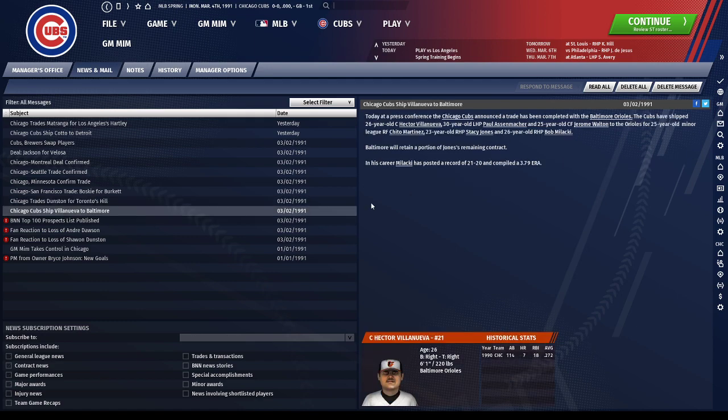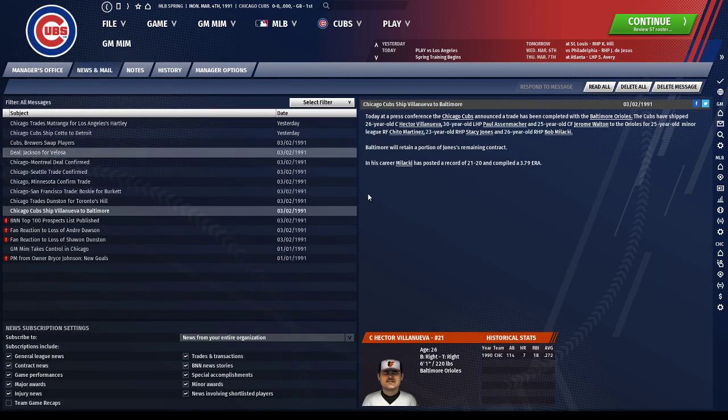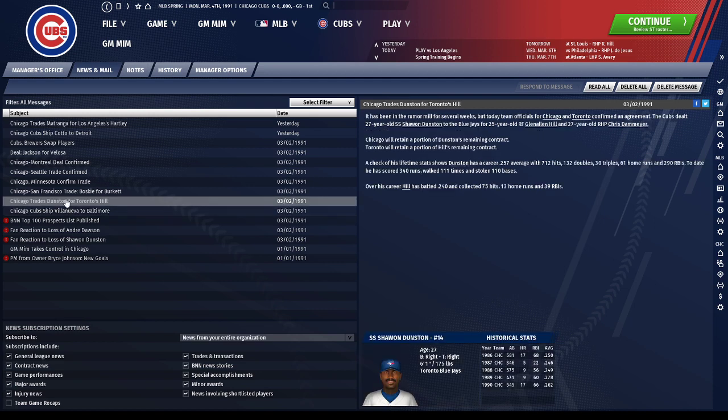Oh, and you can see, like Milacki, the other nice thing about him is, I mean, he didn't have a great year last year, but he's a pitcher I'm hoping will at least sort of pitch like .500. At least he has a chance of winning half the games he pitches, where my other pitchers, that was really unlikely. So, all right. Now, the next trade I made was I sent Sean Dunston to Toronto, and I picked up